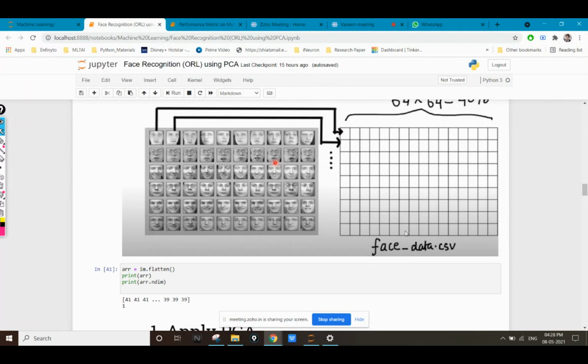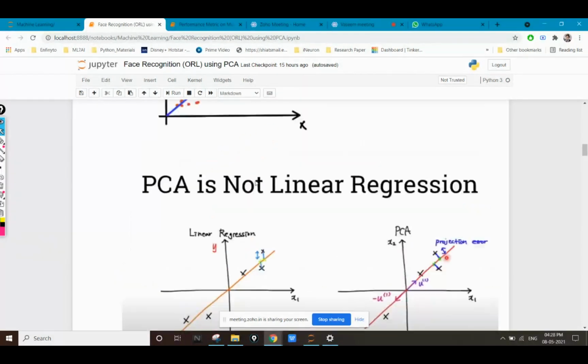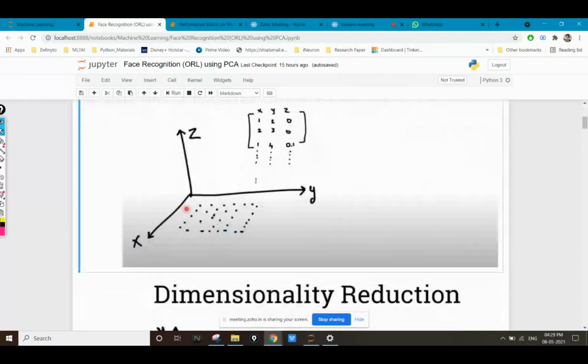Okay, so what I'm going to do is I have given all these photos numbering from 1 to 40. The first person has an ID 1, the second person has an ID 2, the third person has an ID 3, and so on. So if I'm getting a photo of the third person, then my model should be able to predict number 3. If I'm getting a photo of person 10, then my model should be able to predict 10. Okay. In place of ID, you can also give the name.